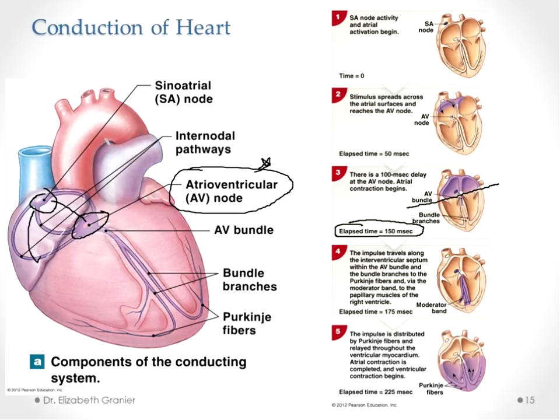Right? Now, the next part of the AV node is you have to get the electricity to the tip and to the apex and then up and around to all of those cells around your ventricles fast. And so this is where the AV bundle, the bundle branches, and the Purkinje fibers allow you to get energy to the tip and then around. So when the ventricles depolarize and contract, they depolarize from the apex, the tip of the heart, upward, and therefore